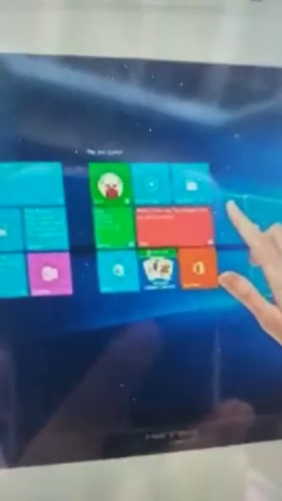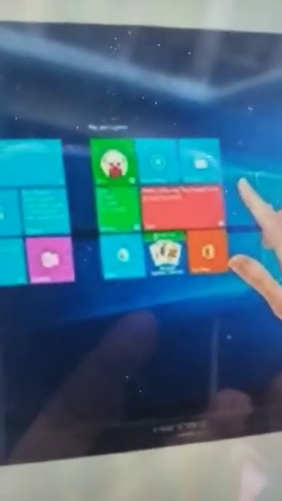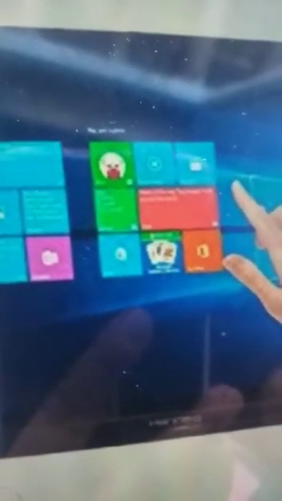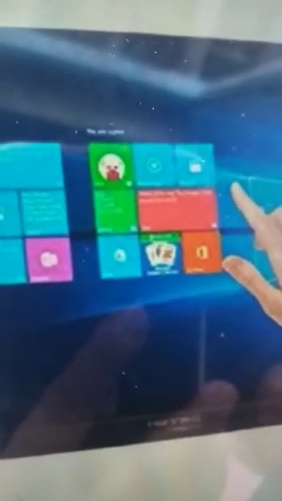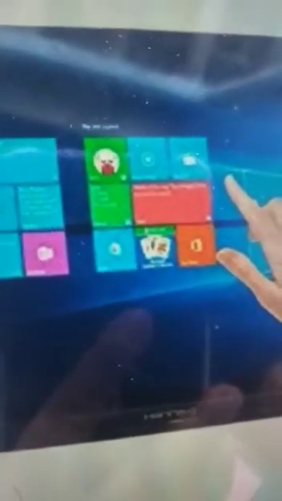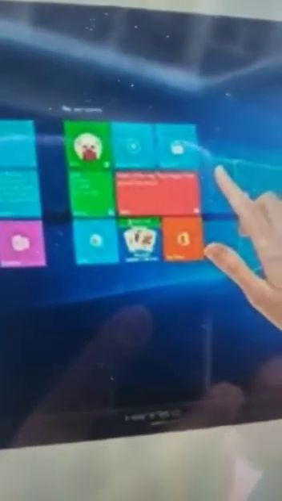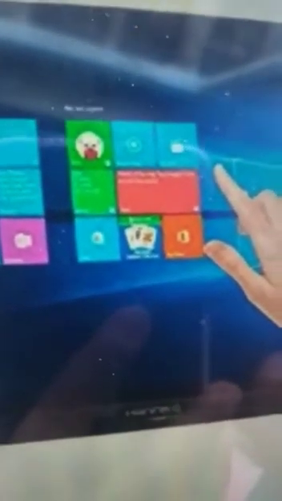So, yesterday we have seen input devices, right? In that input devices, we have seen keyboard, mouse, and microphone. In that series, today we are going to see some other input devices, and in that, today we are going to see touch screen, right? This is the image of touch screen.